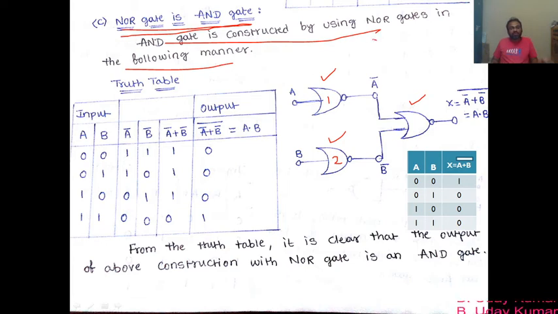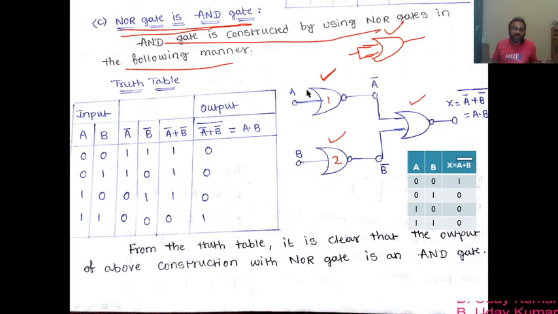So in general, you know that the NOR gates have 2 inputs and 1 output. If they are interconnected, you get one input. That combination of NOR gates we are taking here. So you already know that the NOR gates can be constructed in such a way that they act like NOT gates. This is a NOR gate which acts like a NOT gate, that's all. This is also a NOR gate, but which acts like a NOT gate. So that you have to understand.